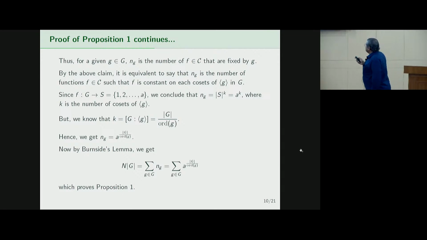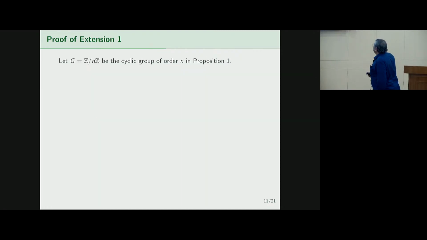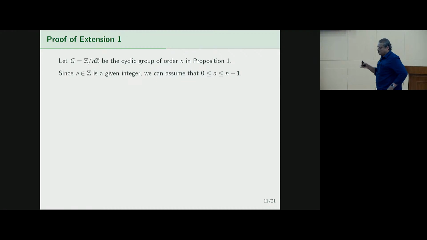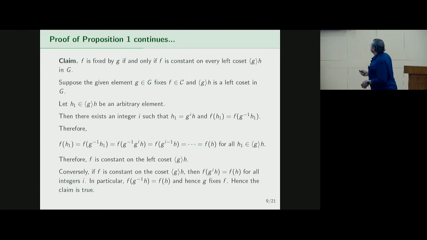Okay, it's an induced action, then we get this by Burnside's lemma. Okay, so we want to prove extension 1. We take G to be Z mod nZ, the cyclic group of order n, in Proposition 1. A is a given integer, therefore A is taken modulo n, so A has to lie inside 0 to n minus 1. If A is 0, then we are done, because if you see the proposition,